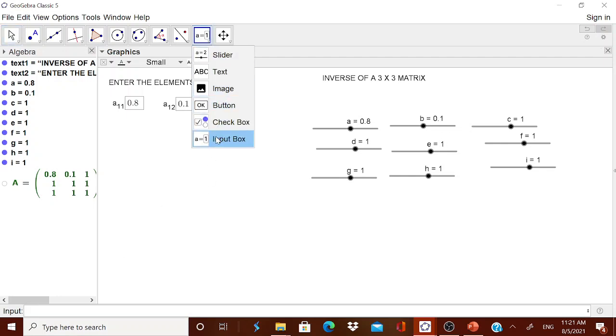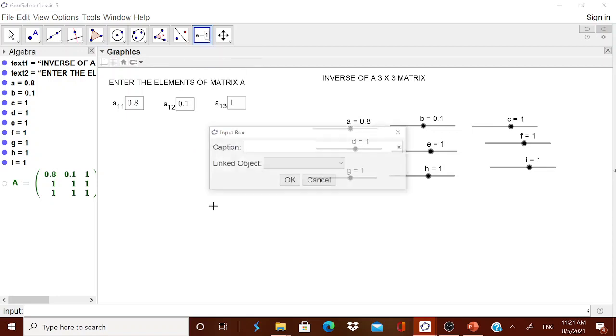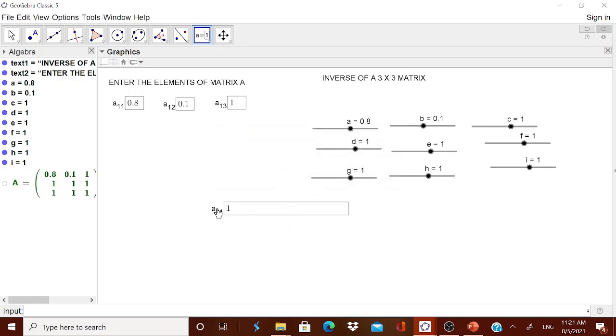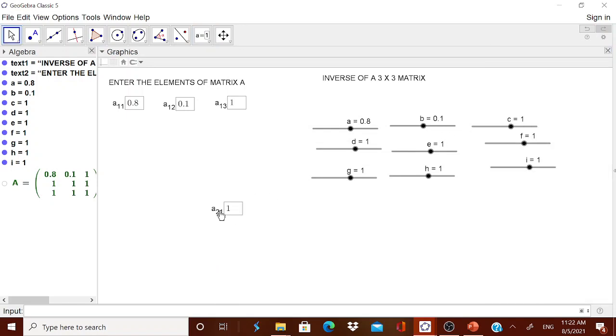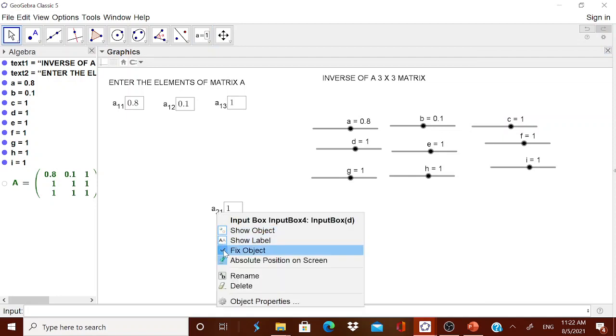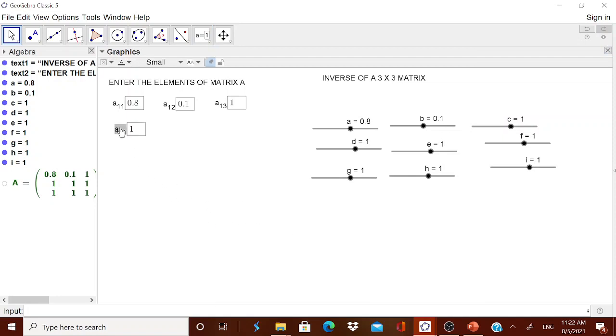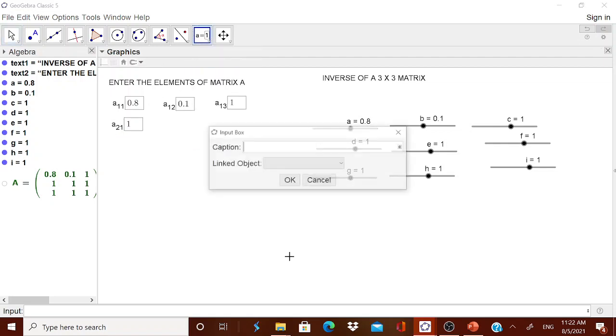Again, it is very interesting to put it in order so that the child will not get any confusion. Second row, first column. Here the element associated is D. Okay, go to the object property, then make it 3. Then remove the fixed object, only then can you move it and put it over here. The child will know that it is first row, second row, like that. There should be uniformity in showing them.